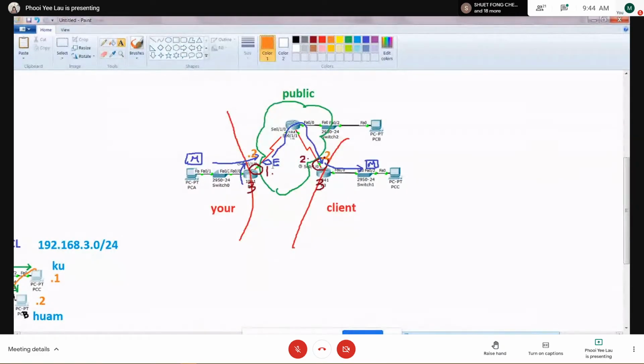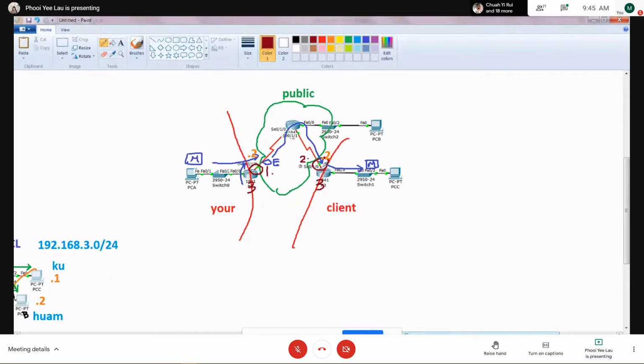Now, why do I say step 1 and step 2 are important in the brown color? Because once we are outgoing, this is a public IP. Once we are outgoing, we know that the R3, which is here, will know that this IP is very important to this R3. And in terms of R1, this IP is very important to R1. So that is why this is the foremost and this is the second foremost, because from the perspective of